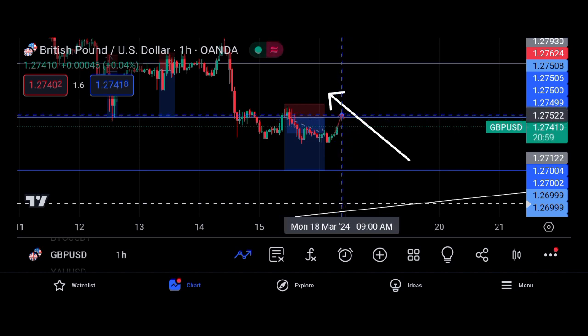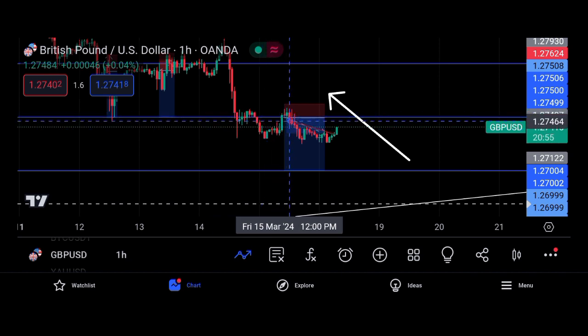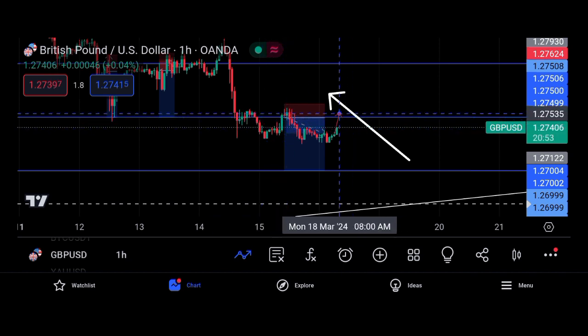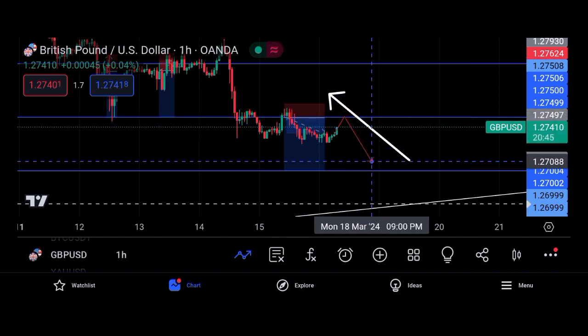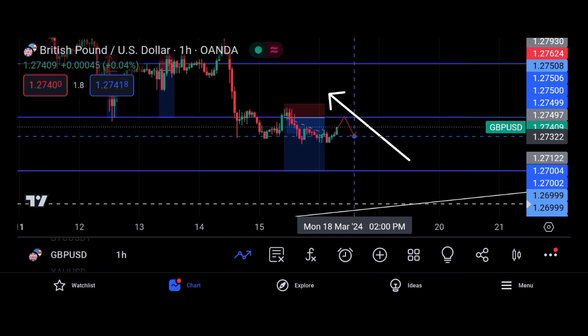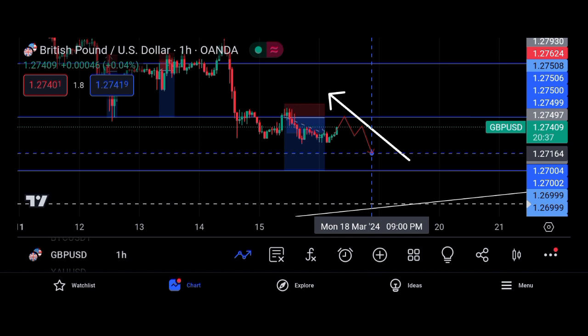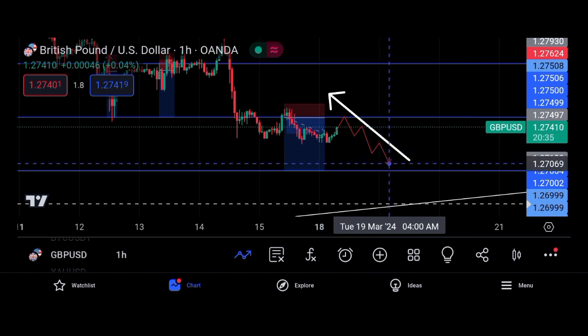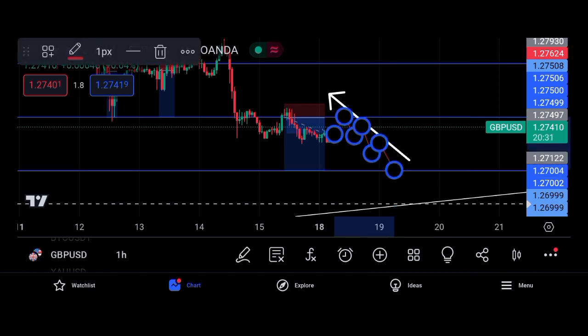If I don't see any candlestick reaction, I'm not going to be selling. As you can see, guys, here we saw candlestick reaction, so if I don't see any candlestick reaction here on the 15-minute time frame, I'm not going to be entering. So when price gets here, show me some candlestick reaction, and then we're going to be selling, right? This is what I'm expecting on GBPUSD.